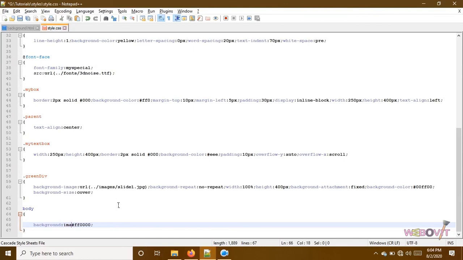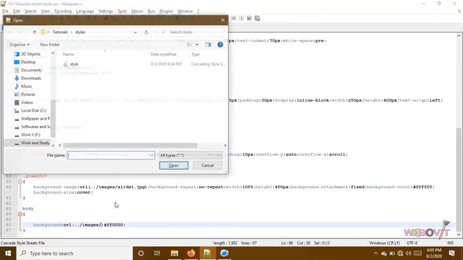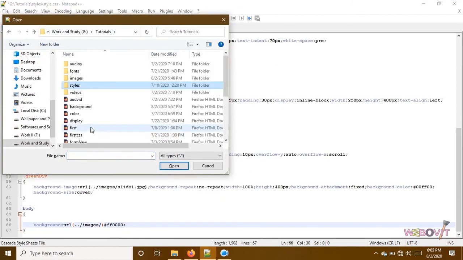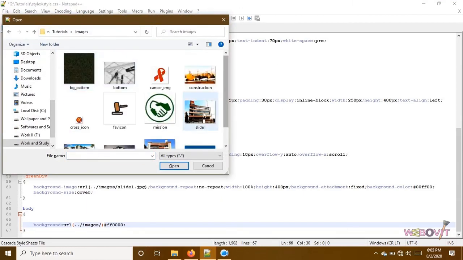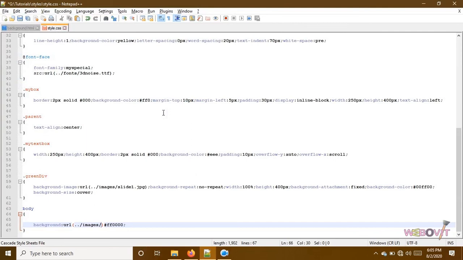So now background URL, dot slash images, then I will use the image mission.gif. GIF files are generally used for a transparent background. So I will use mission.gif, and there will be a space in between.